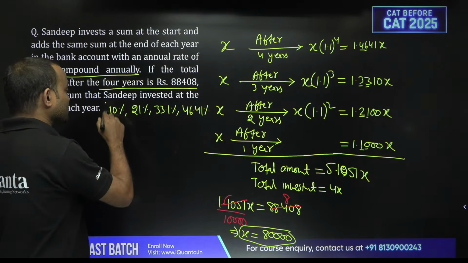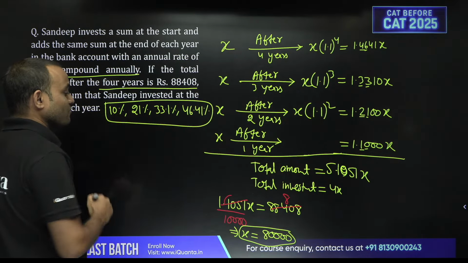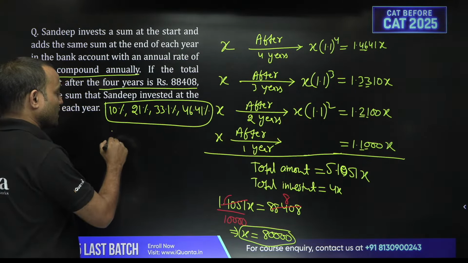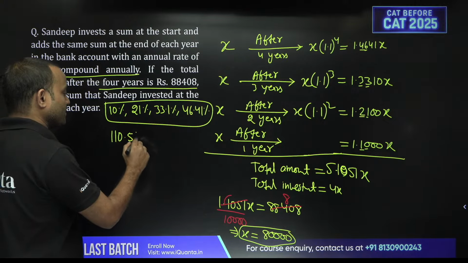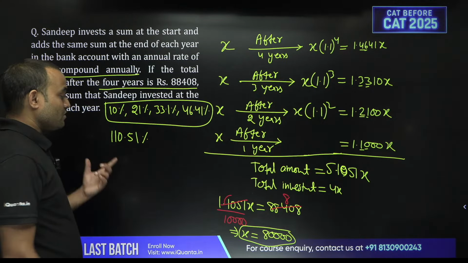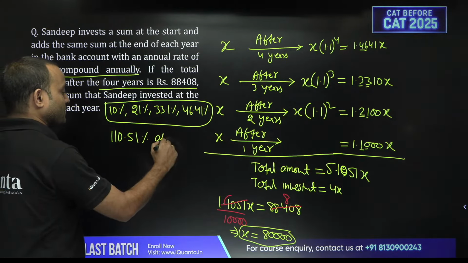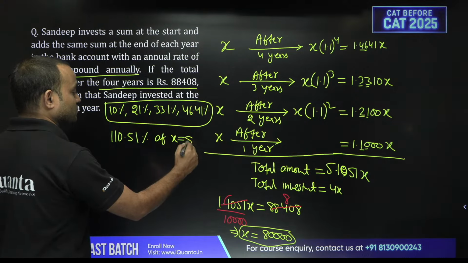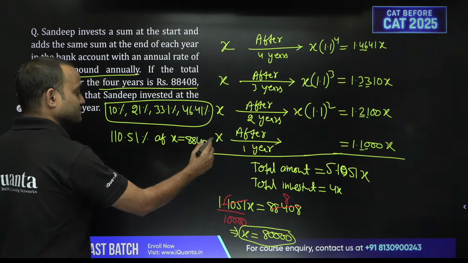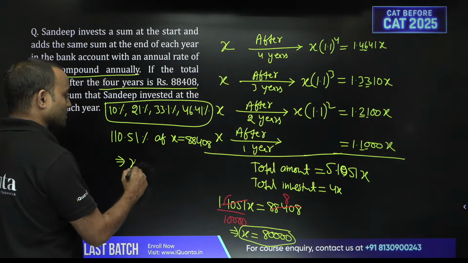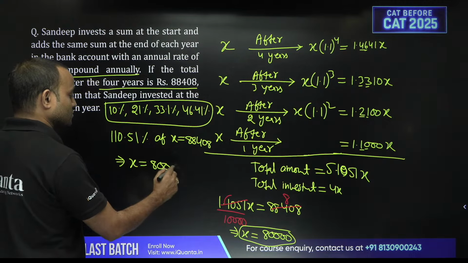So, the total interest earned would be equal to 110.51%. 110.51% of x is equal to 88408, and from there you can solve it and get x is equal to